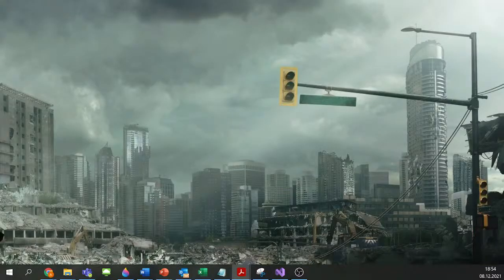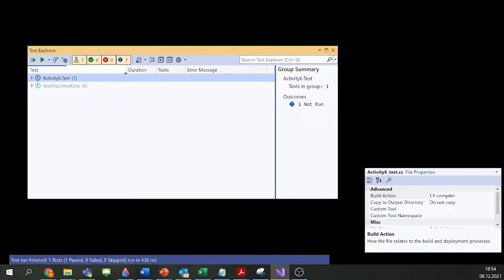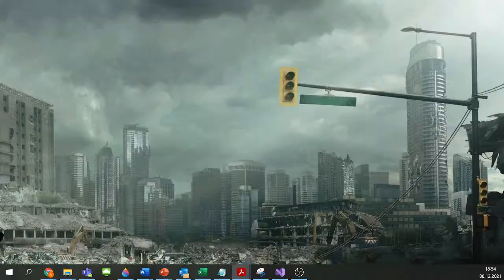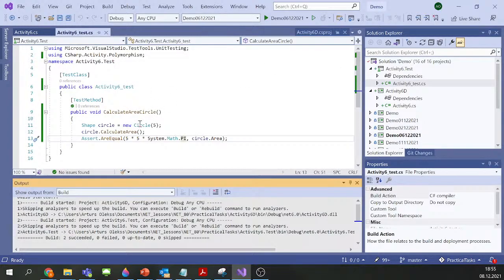Let's also open the one, I think. And yeah, see that the test is passed. And my Visual Studio is going up. Then I need to call some programs maybe. Hope it would be better. Okay, so I see that the test is passed. So then I can proceed with